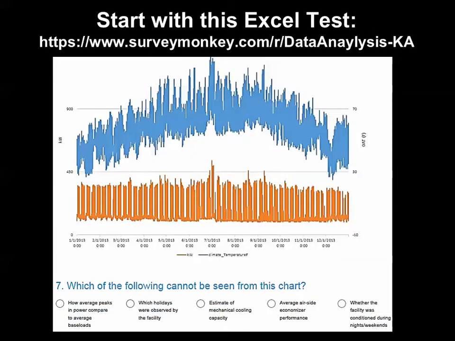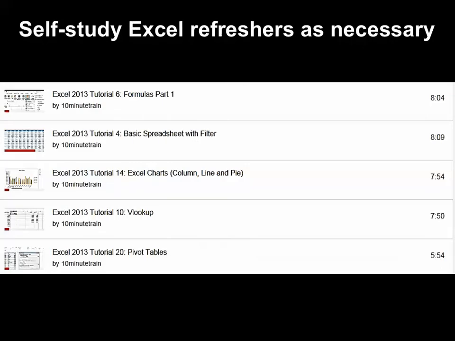So what we're going to do is start by taking an Excel test. It should take 30 minutes to an hour. If you could follow this link, it's also in the comments section. It's meant for you and us to gauge where everybody's at with their knowledge of Excel. So if you can do things like create this chart that we see here and then have some takeaways about what it's showing you, then you can have a better idea how much self-study you may want to do